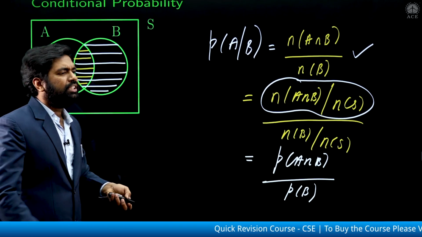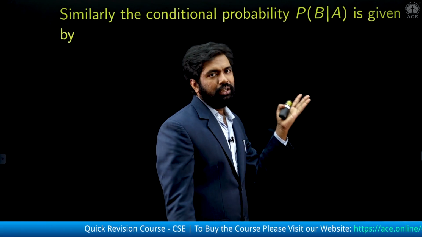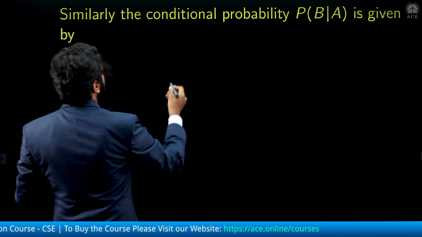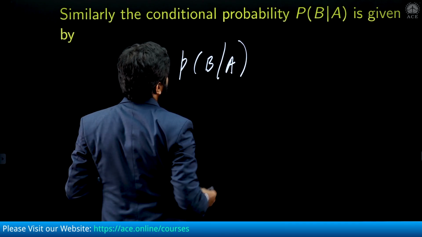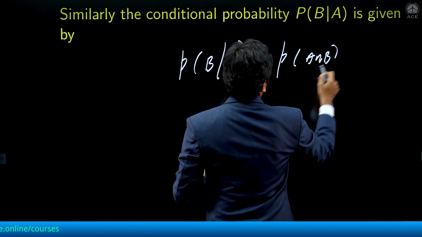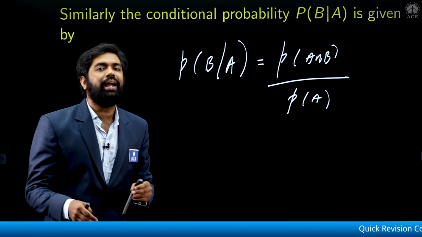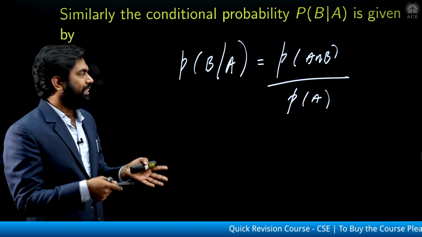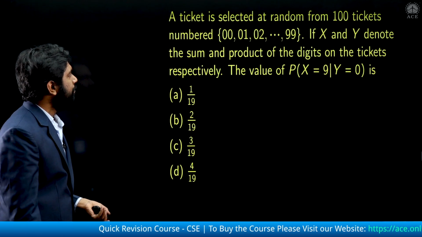Similarly, suppose I ask you for the expression for the probability of B given that the outcomes are only from A. You can write the expression for this as well. The probability of B given that the outcomes are only from A is simply the probability of A intersection B by the probability of A. So here I can say that A is going to act like the reduced sample space. Let me show you what reduced sample space means by taking some examples. Have a look at this example.